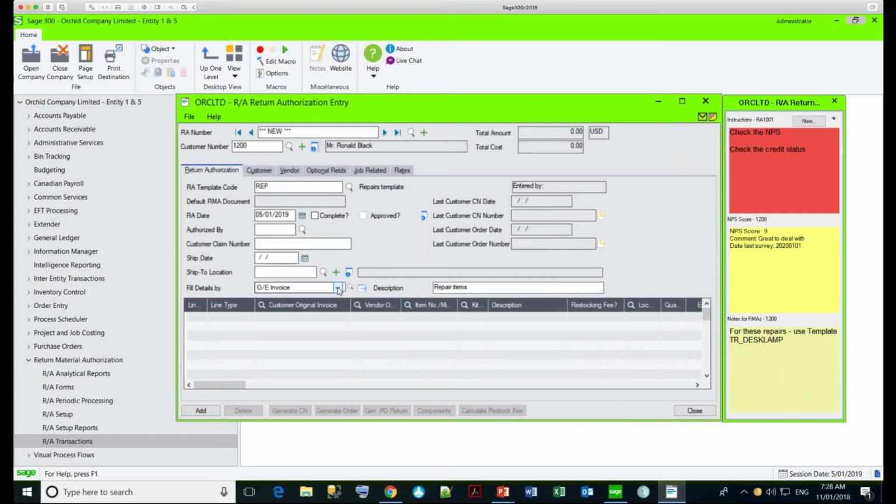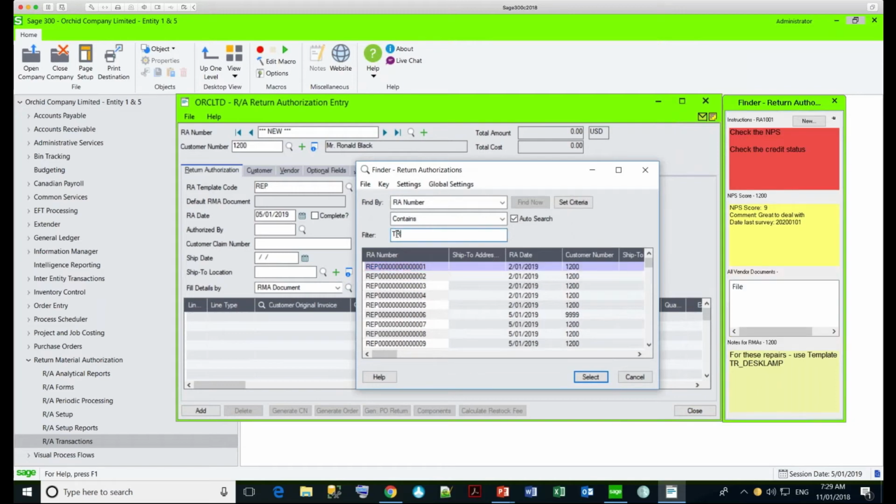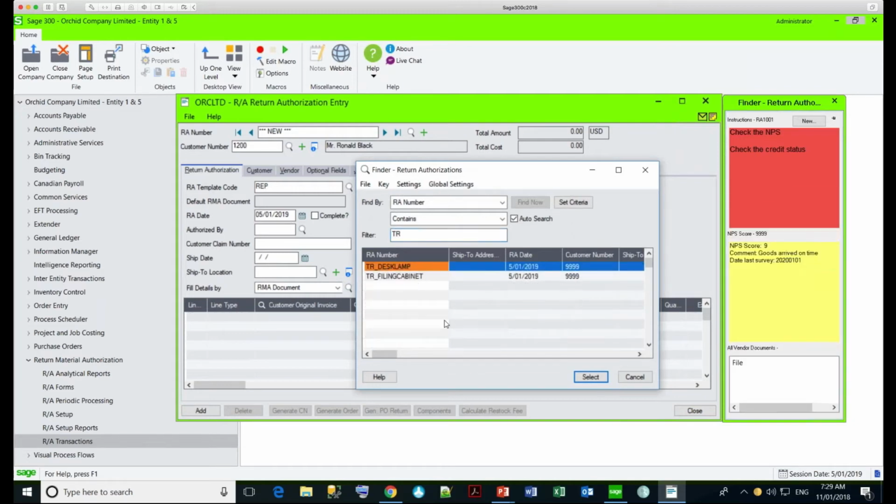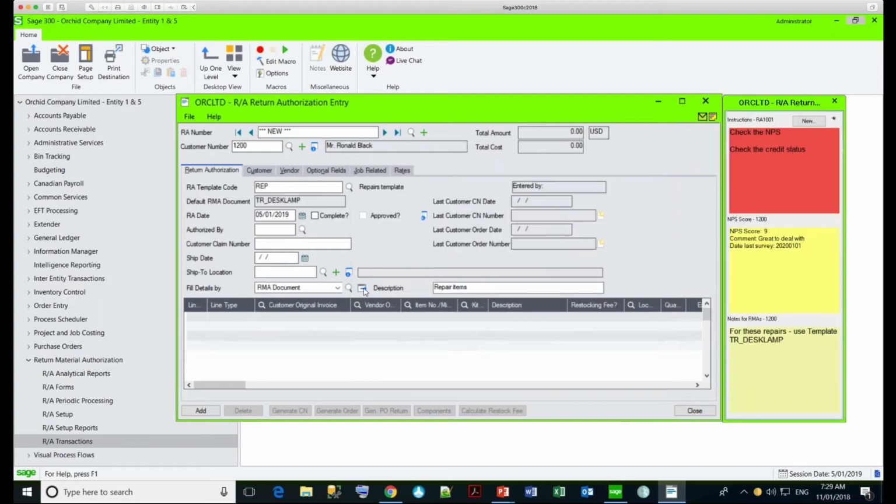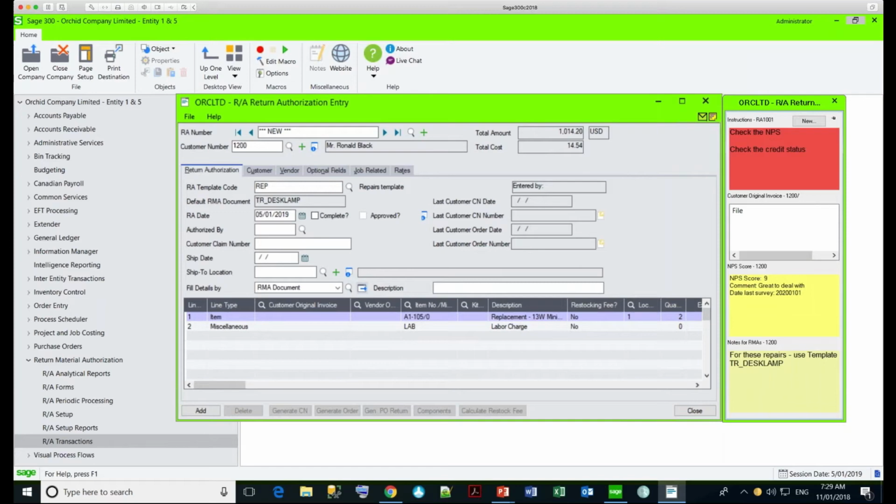So I can quickly use the fill by for this particular return based on an RMA document, and I can search for my template for the returns, the repairs of the desk lamp, and kicking the go button would populate the RMA with the lines that a repair of a desk lamp normally has. So it's got a miscellaneous charge for labor, and typically we issue 2 of these spare bulbs with the particular repair. So again, I could go ahead and add this document, click F9 and fill in the details